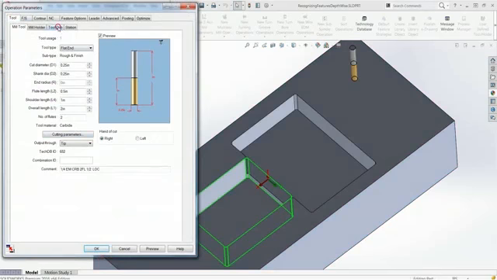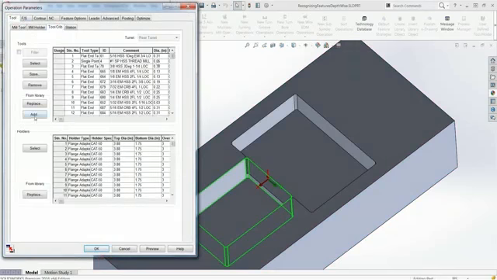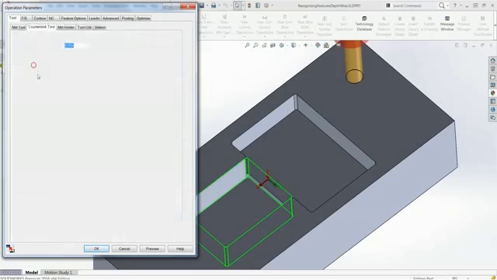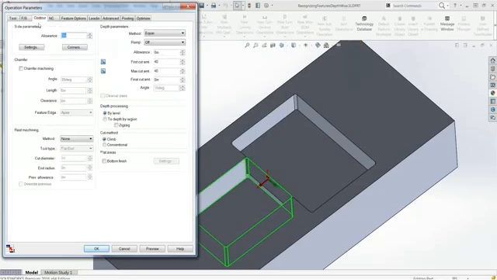So I'm going to edit the definition on this contour mill, and I'm going to add in a chamfer toolpath. So I just want a different tool that I can use to chamfer this part. So I'll just use a countersink for now. If I come into my contour settings and turn on my chamfer machining,